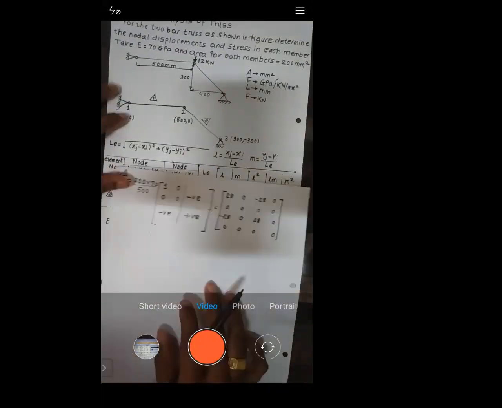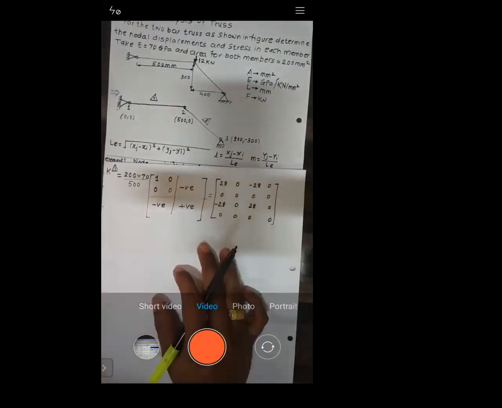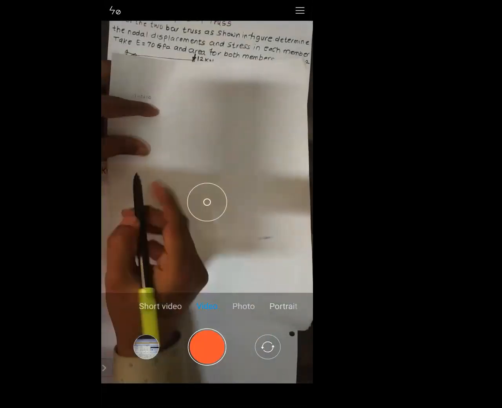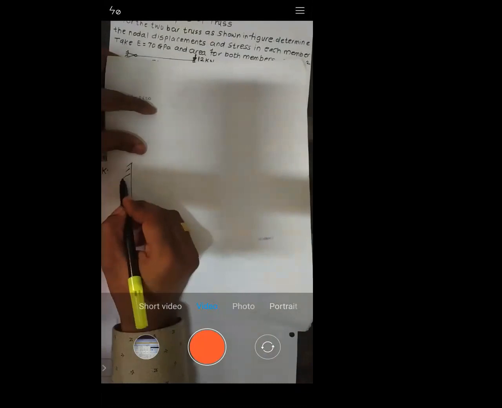Okay, every node of the truss is going to move in 2 directions. Previously, we solved some problems on a bar under axial load or a bar under torsional load. Then each node was capable of moving only in one direction. Let me clear this. Let's see the simple problem I take.